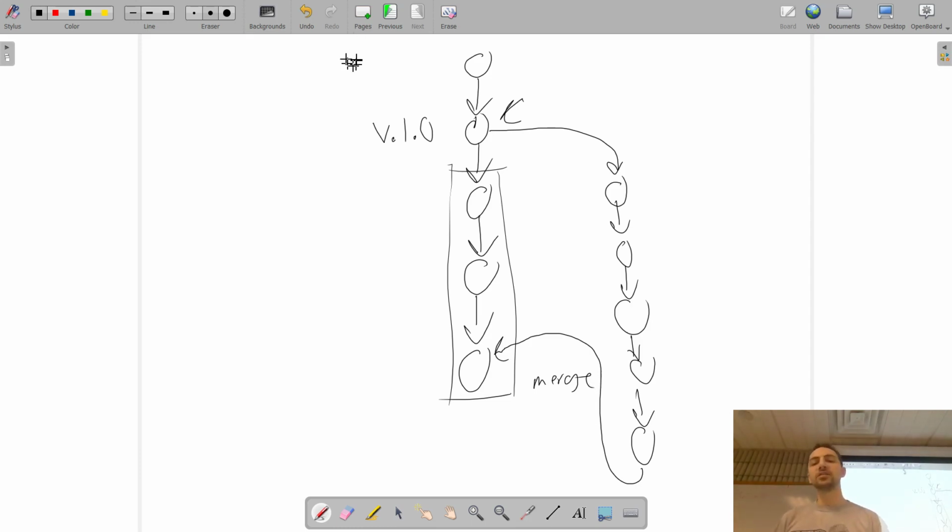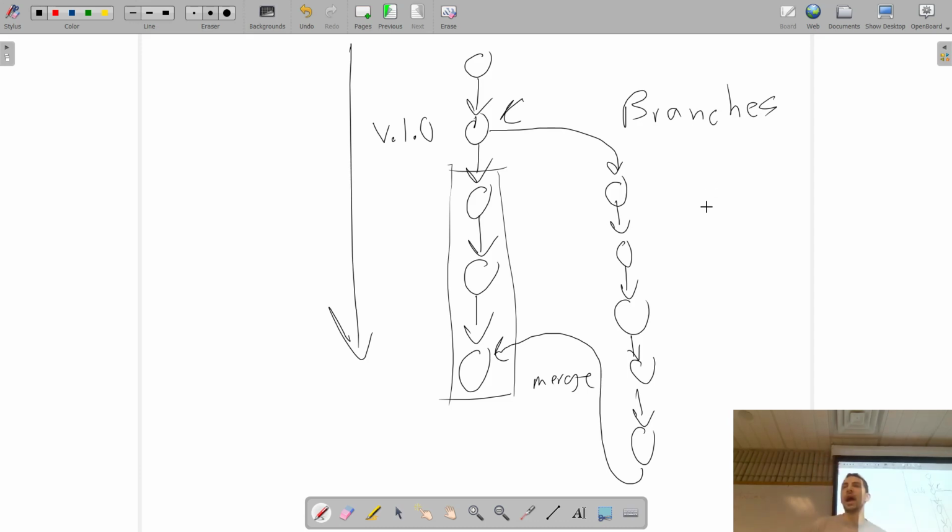So you've got linear snapshots in time. You can have branches. So maybe after you released version 1, you got some feedback from your users and you decided you really wanted this new feature. You would create a feature branch. And all you would be doing is trying to go from version 1 and add that feature. Meanwhile, other people are working on other features at the other time, but everybody is based around that version 1. Then everybody merges their commits back in, and you release